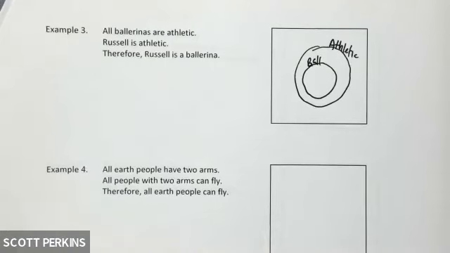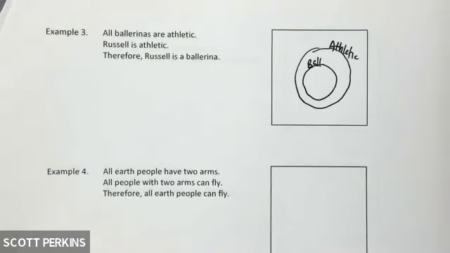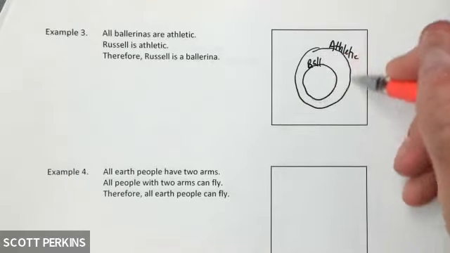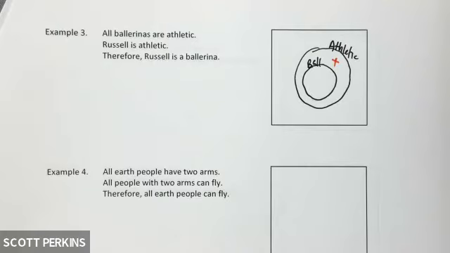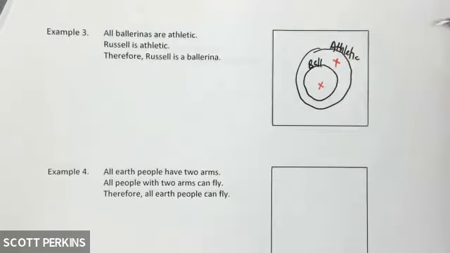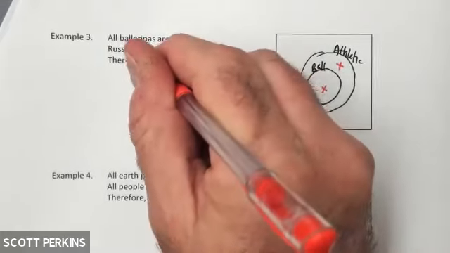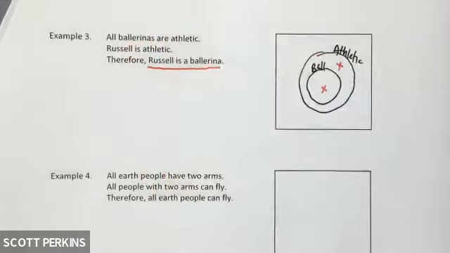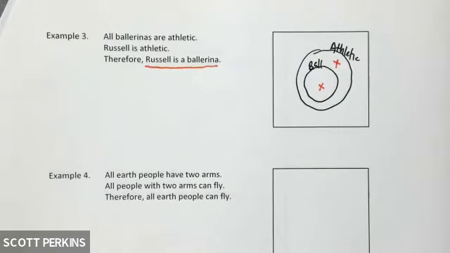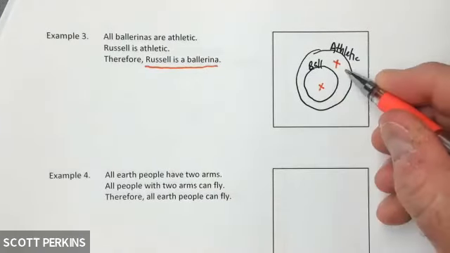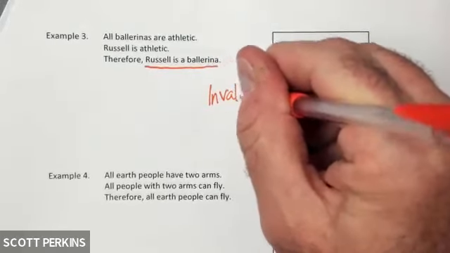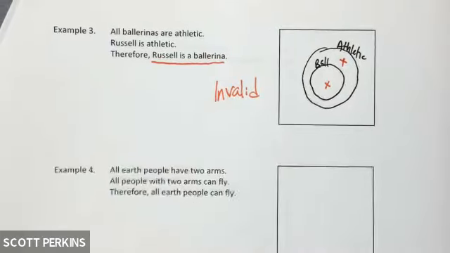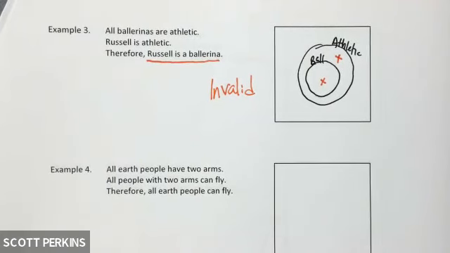Then we are told Russell is athletic. So Russell has to be in the athletic circle. Can Russell be right here? Does that meet the criteria? Could Russell be in here? That's still Russell being athletic. So do I have to come to this conclusion? Is the only conclusion that Russell is a ballerina? No. Russell could be, but Russell also could not be. So again, because there's more than one way I could draw this drawing, that is an invalid